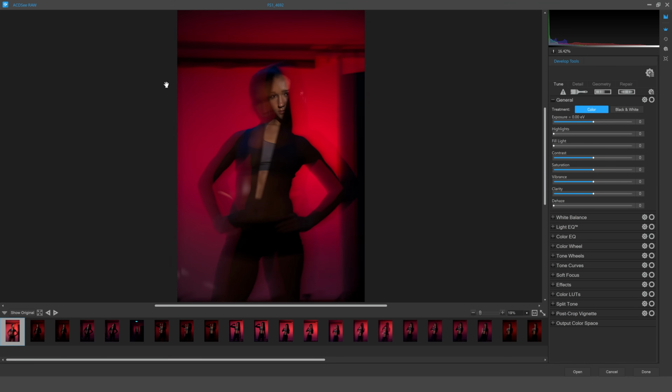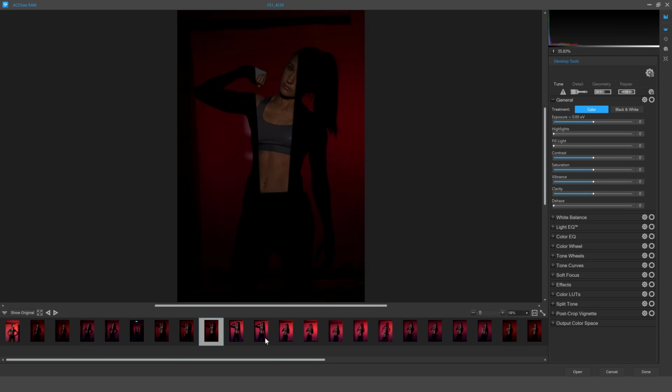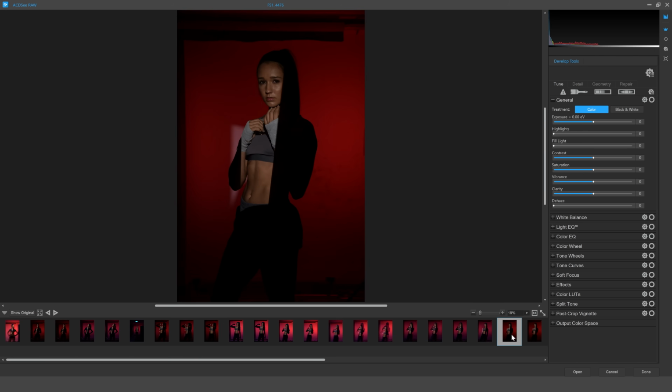This part of the software is called ACDSee RAW, and if you've used any kind of RAW editor, you are probably pretty familiar with this sort of layout. And as you can see, these are some of my favorite images throughout the shoot. And as you can see here in my film strip, I basically have two different types of images. I have these images here that are much darker where we didn't drag the shutter,